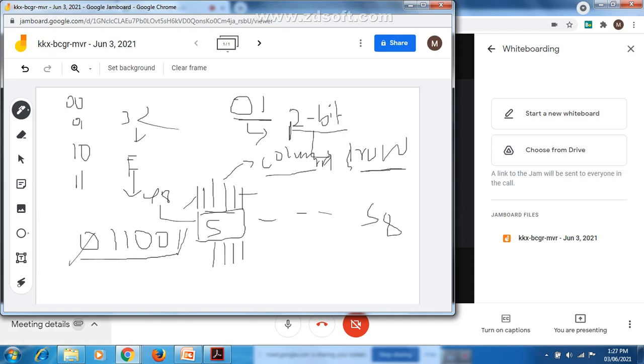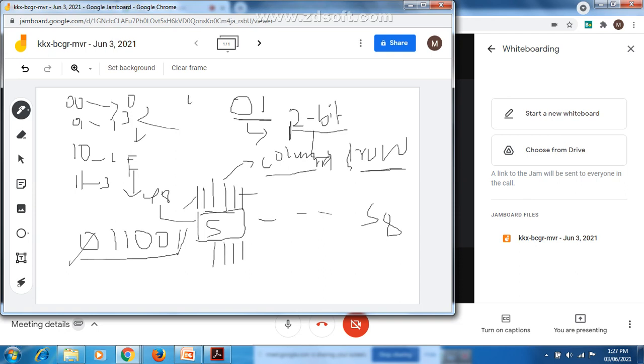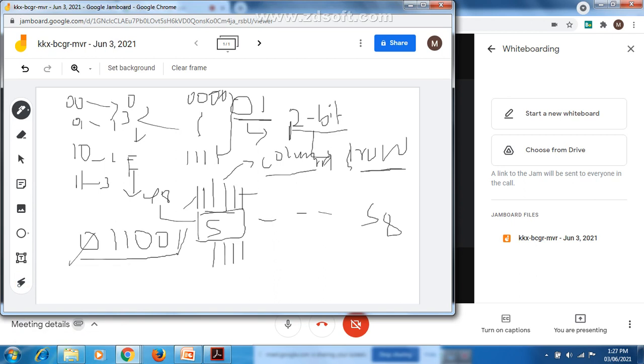Clear? Do you know, guys, the binary numbers? If it contains 2 bits, what are the possibilities you are going to get? 0, 0, or 0, 1, or 1, 0, or 1, 1. These are the 4 possibilities. If it is 2 bits, it represents the decimal numbers 0, 1, 2, 3. Correct? If it is a 4-bit binary number, you are going to get it from 0, 0, 0, 0 to 1, 1, 1, 1. Totally 16 numbers.